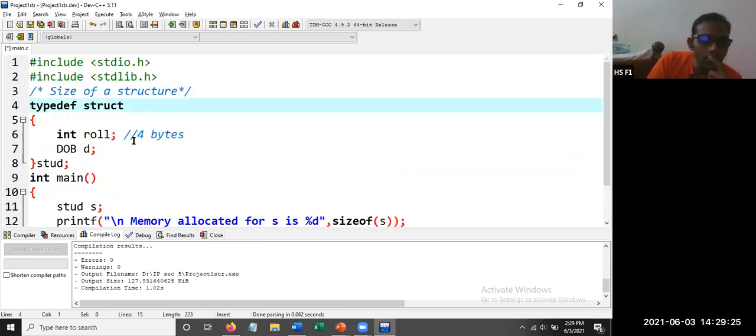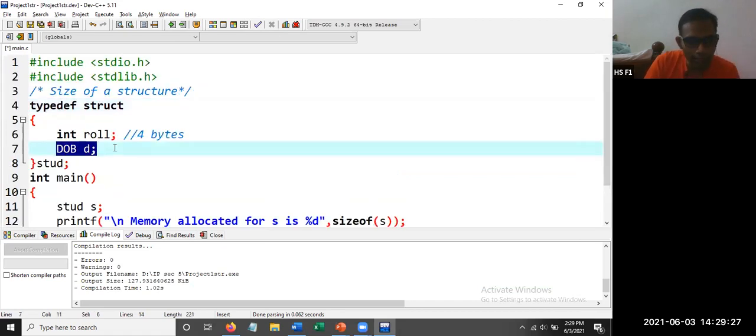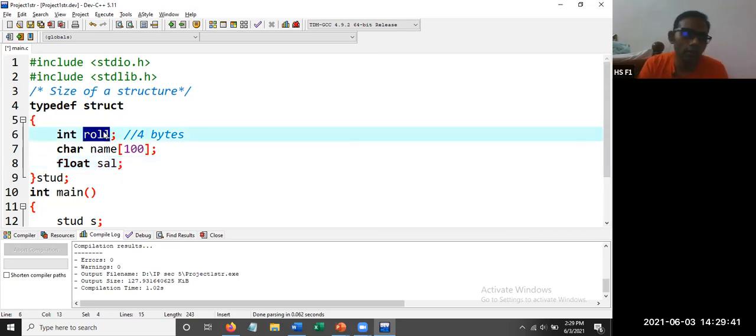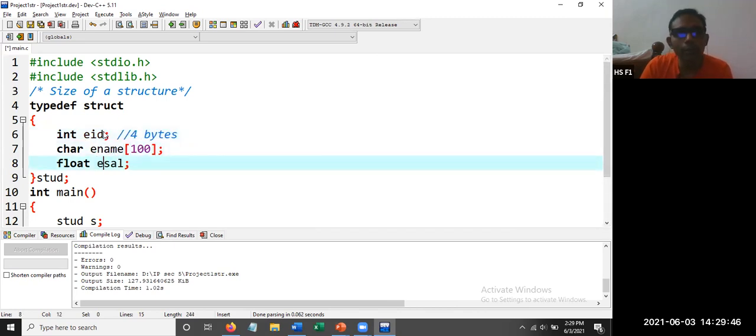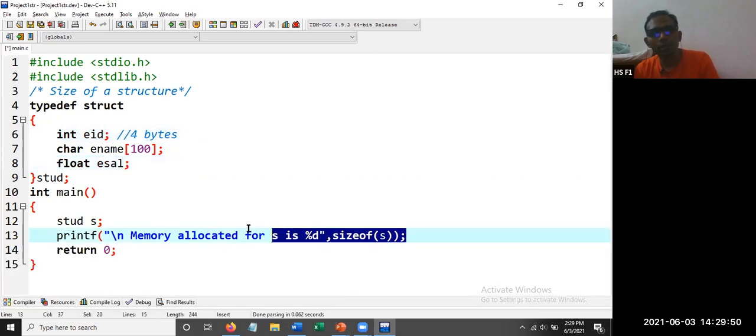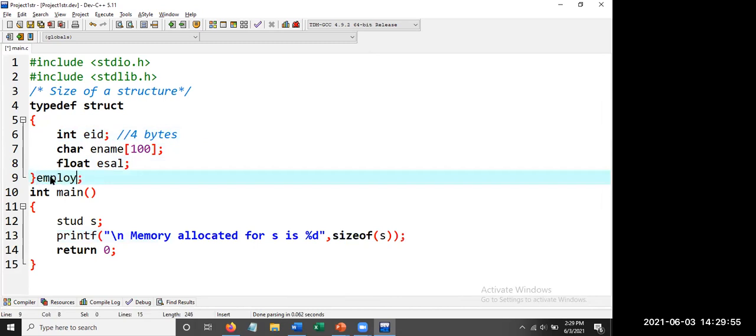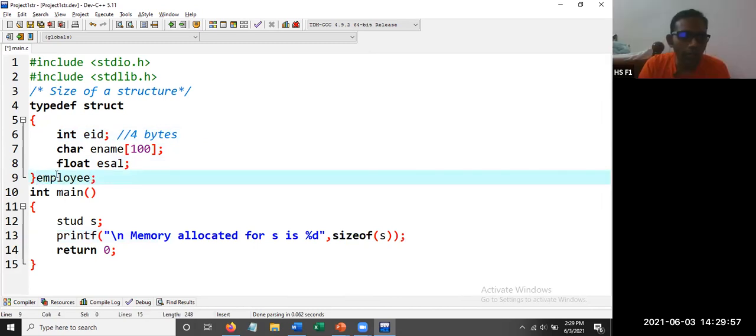Okay, so integer roll number, then I want to write character name of 100, then float salary, integer EID, employee ID, then employee name, employee salary. So what is the output of this code? Size allocated for, say, 108. This is employee, or you can write EMP.